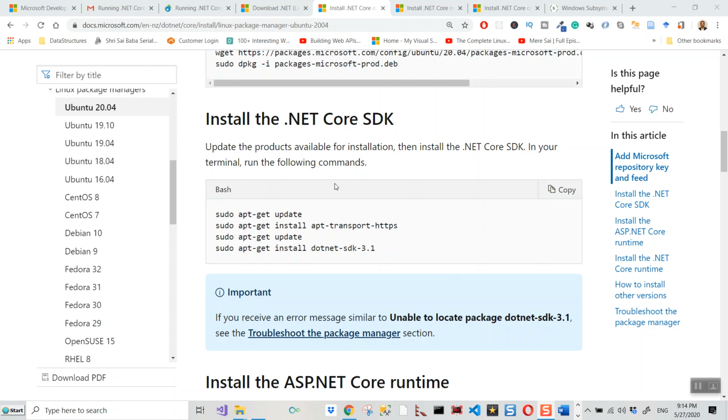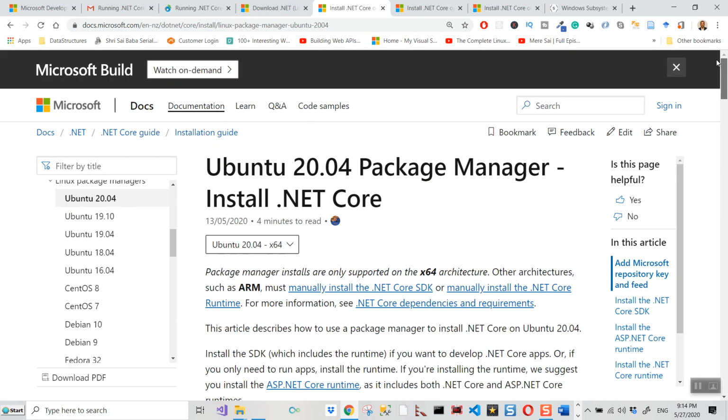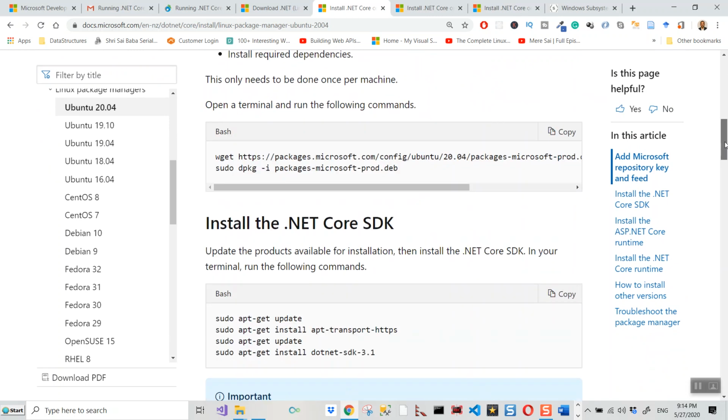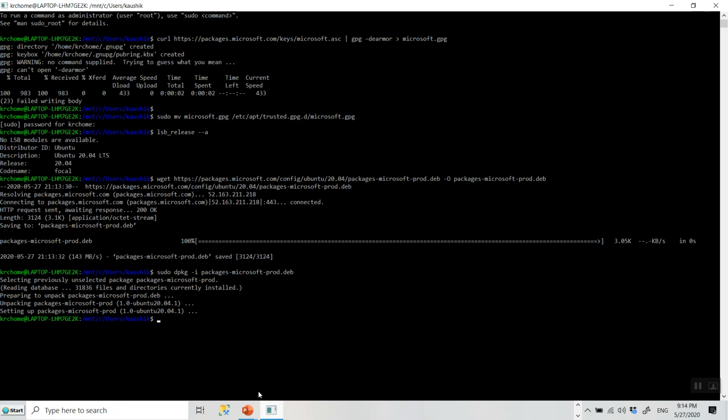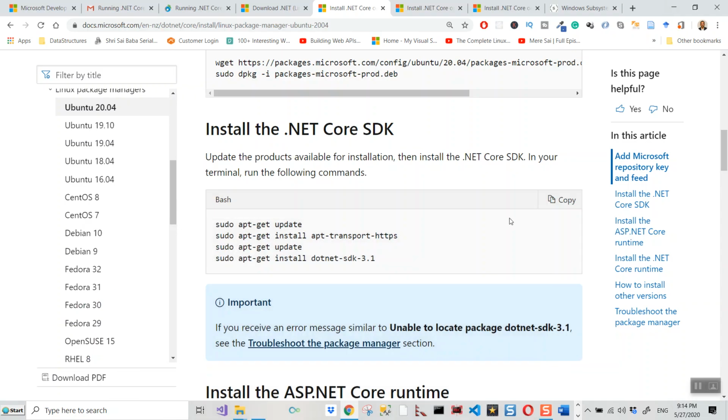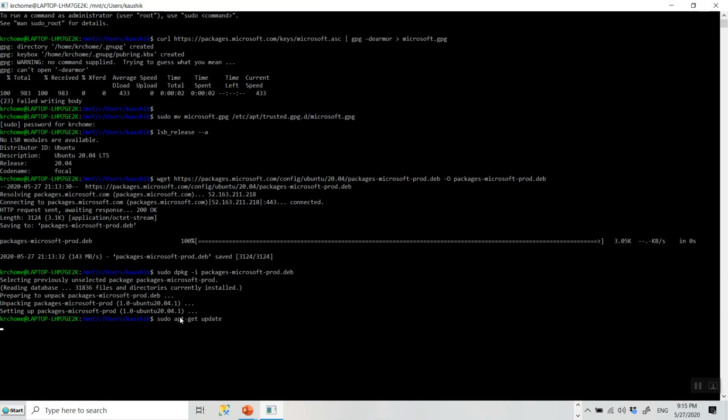Now for installing the .NET Core SDK, this is my version, and this is the same website. If you look at this 20.04 Ubuntu version, I'll copy these four commands and get back to my bash and issue them. So I have not copied it. Okay, so it takes one command at a time.